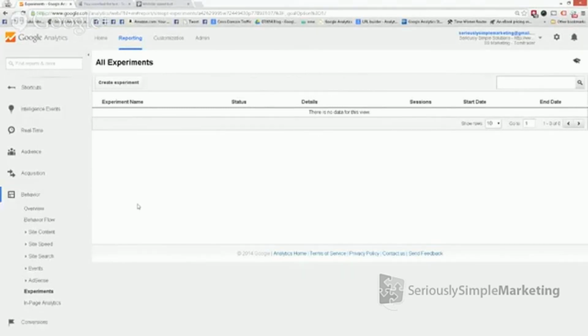But the benefit here is that it's free. Visual Website Optimizer, VWO, or things like Optimizely, they cost a little bit of money. They're not super expensive, but they do cost, and there's a monthly charge. So if you're not quite at that level and you want to play around with split testing, experiments is a way to do it. It's relatively basic to set it up.